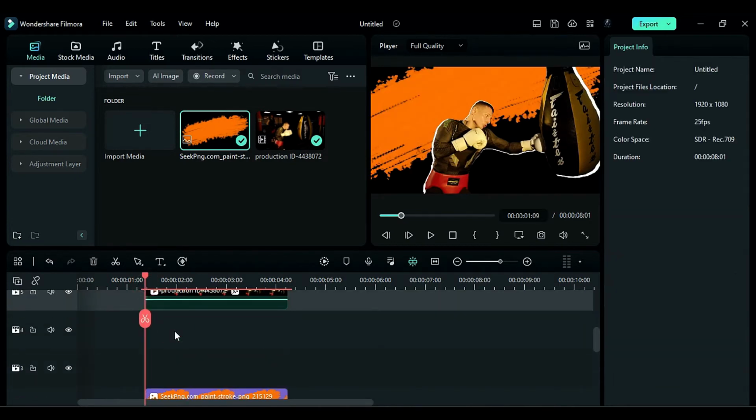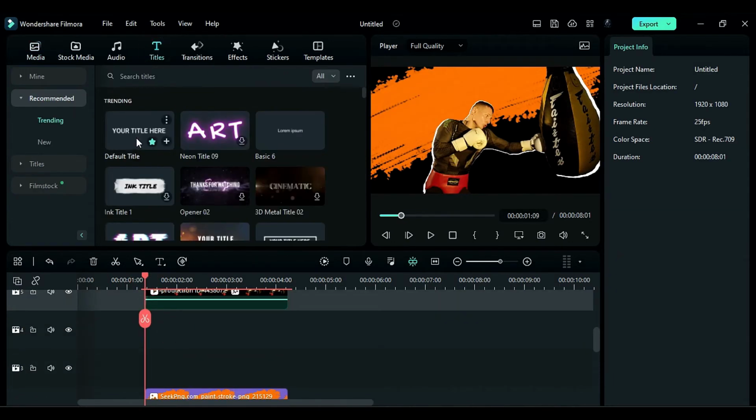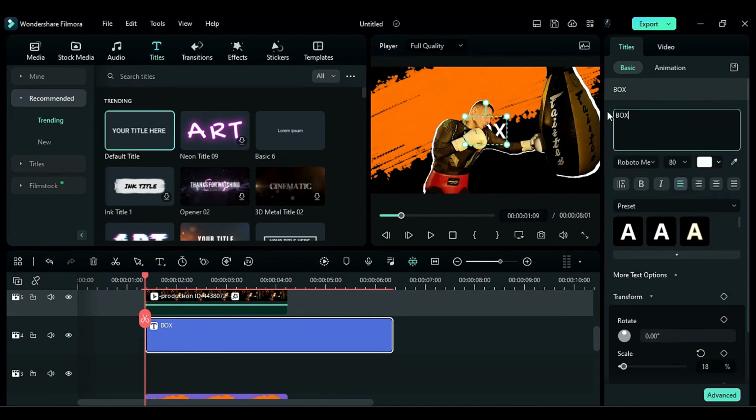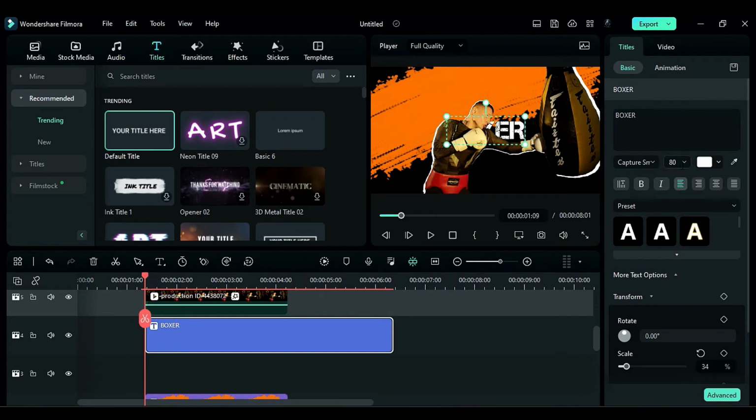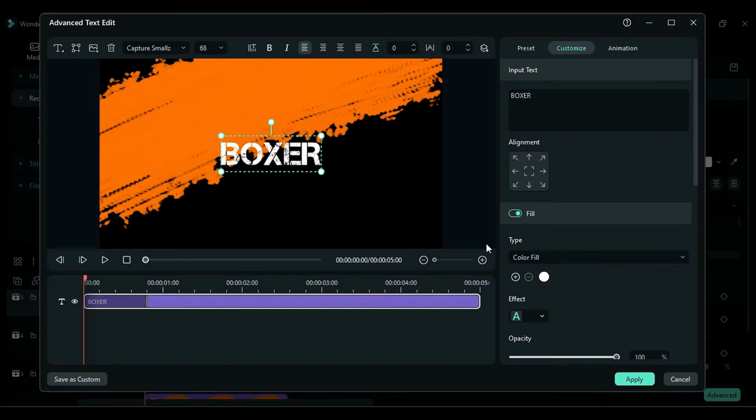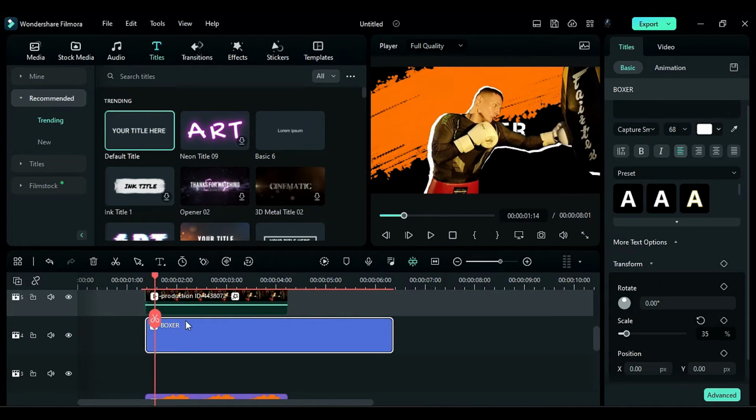Next, go to the Titles panel and add a default title to track 4. Enter your text and change the font to a bold and stylish option. Decrease the font size and go to the advanced settings to increase the text spacing by 10. Then go forward 5 frames, rotate the text by -22 degrees, and adjust the text position using the X and